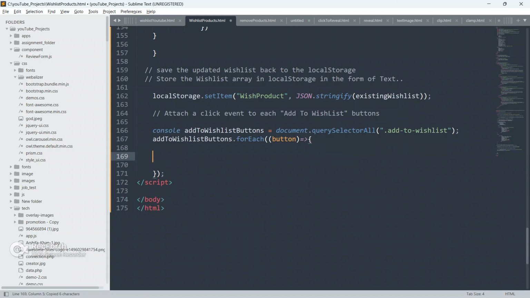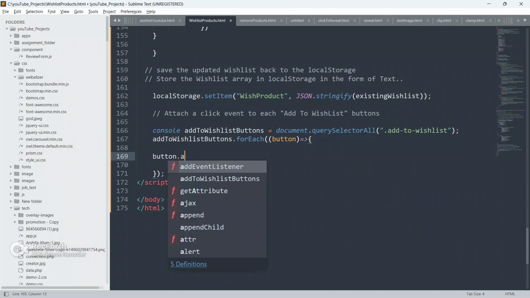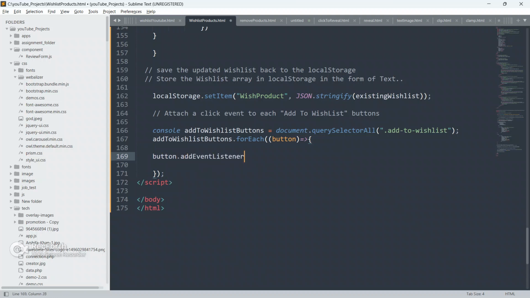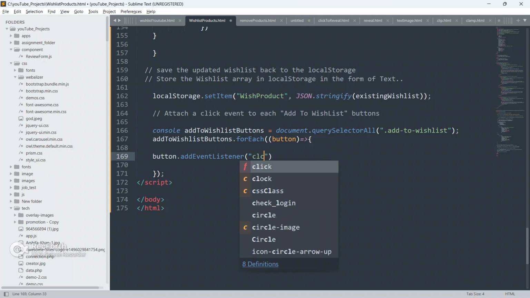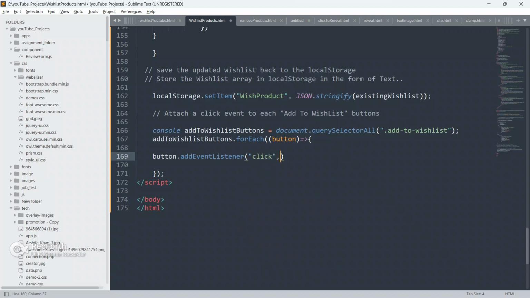And now on this button we will attach a click event listener, dot addEventListener, and we will attach a click event. We will create a fat arrow function here.